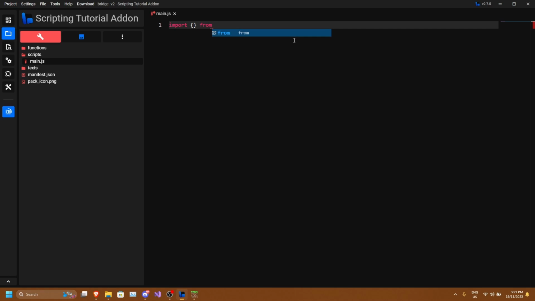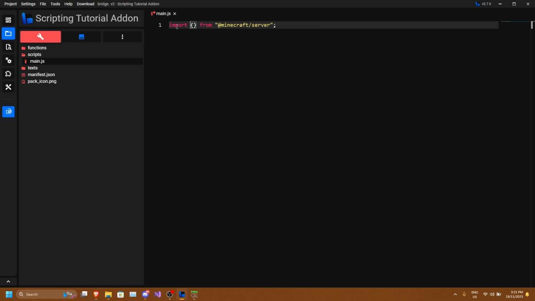And then from, a string, at Minecraft/server. And then you want an ending brace there, which I forgot what the name was. I think it was a comma. No, it's not a comma. Oh well, I'll figure it out later. Anyways,